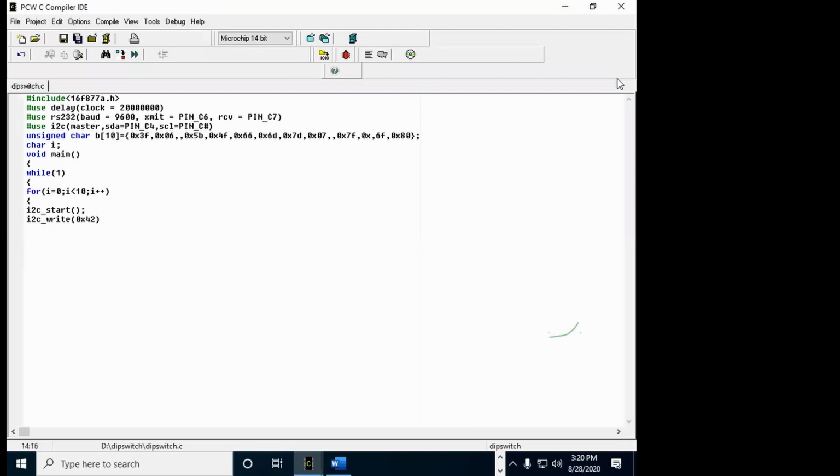So 0x42 is the address for the first 7 segment display. Two 7 segment displays are present in the development board. The right side 7 segment display has the address